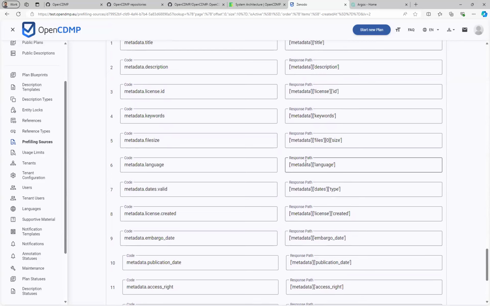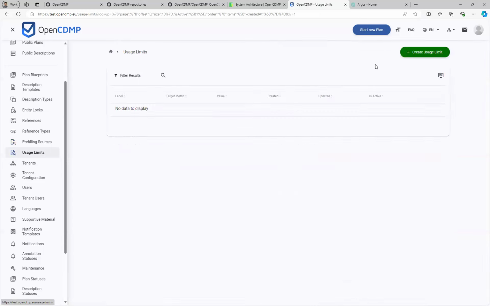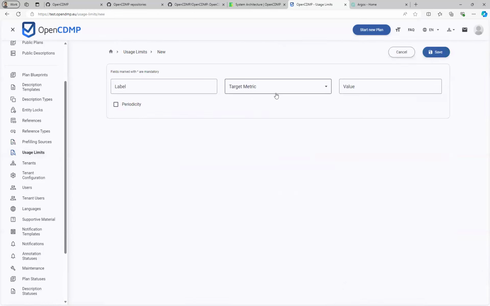And if that repository has an API, maybe we're able to configure it. We have also usage limits. You can define here limitations on the usage of the platform, like how many plans can be created, etc.